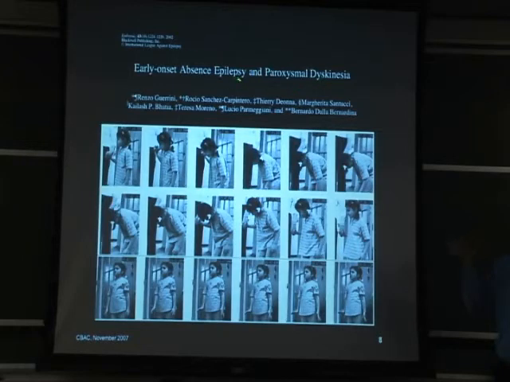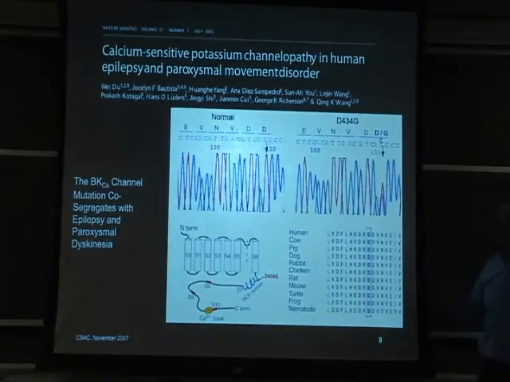There's a particular form of epilepsy, linked with absence epilepsy and paroxysmal dyskinesia. This here is a young girl who has this combined condition where she undergoes an epileptic seizure, and then later on, when she's participating in this dance routine or whatever, she goes through this dystonic phase where you see she becomes completely distended, and this is the paroxysmal dyskinesia condition. This was first described in 2000, but then later linked to a particular mutation in these BK calcium channels.